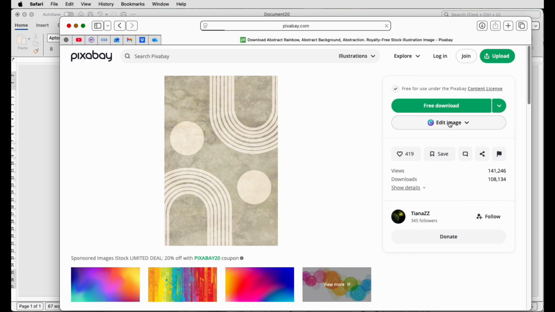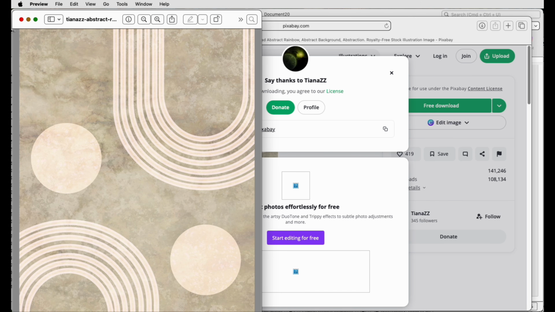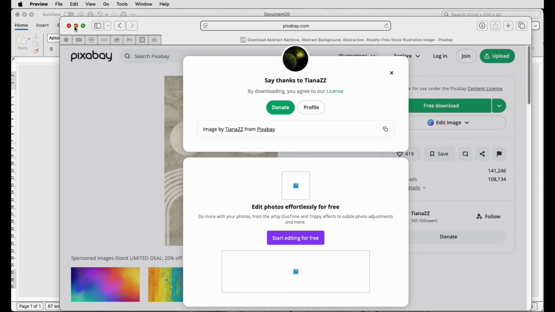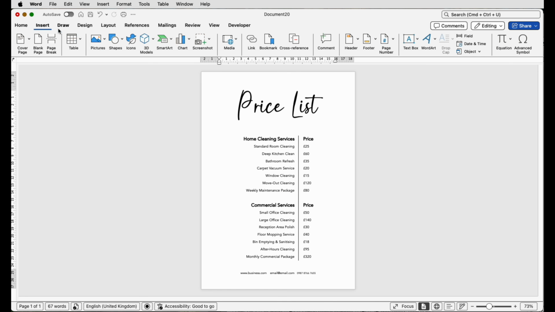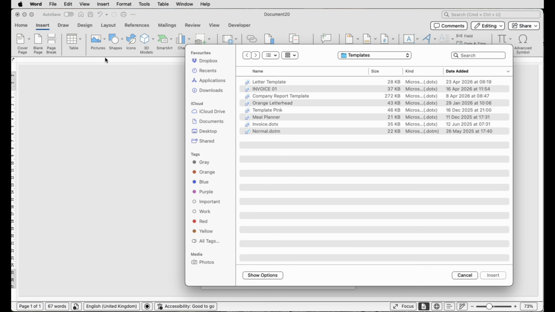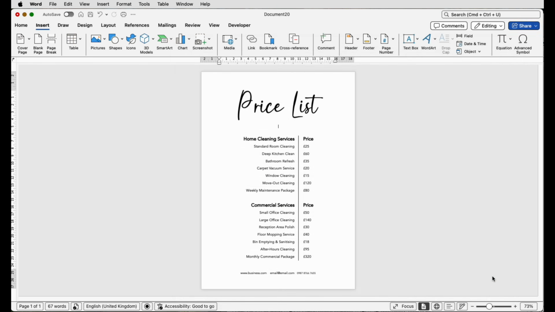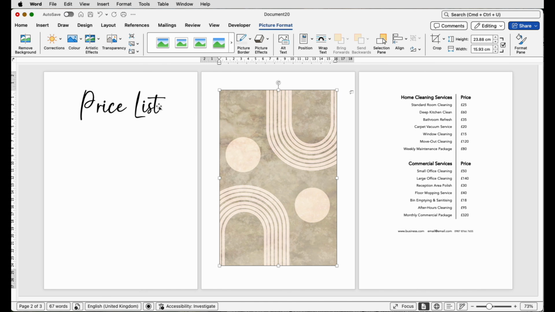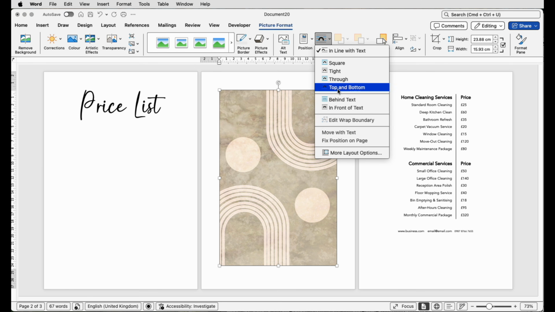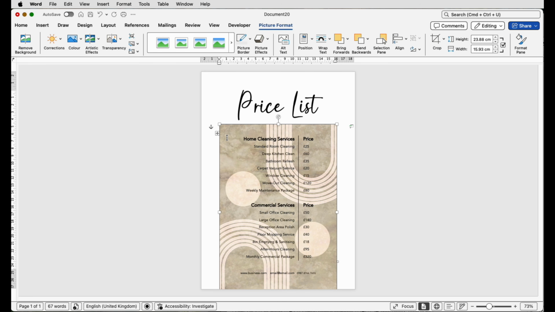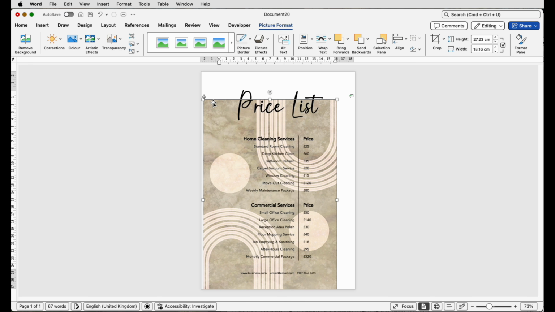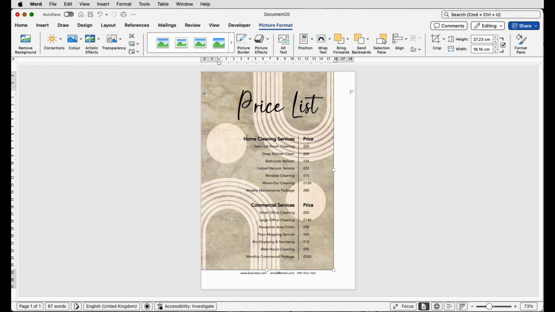When you've got something you like, select it, go to free download, and then it will simply download to your computer. Then when you go back to Word, go to Insert Picture, Picture from File, go to your downloads, and then you can select from your downloads. So this is the one I actually downloaded. I don't know what this is like. And now if this kind of thing happens, don't panic. Just make sure the image is selected, go to Wrap Text and select Behind Text. Everything will come back to normal. Then grab the image